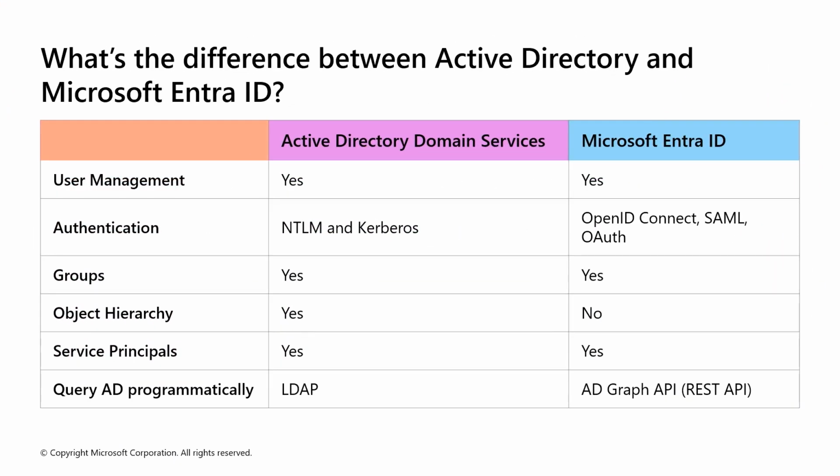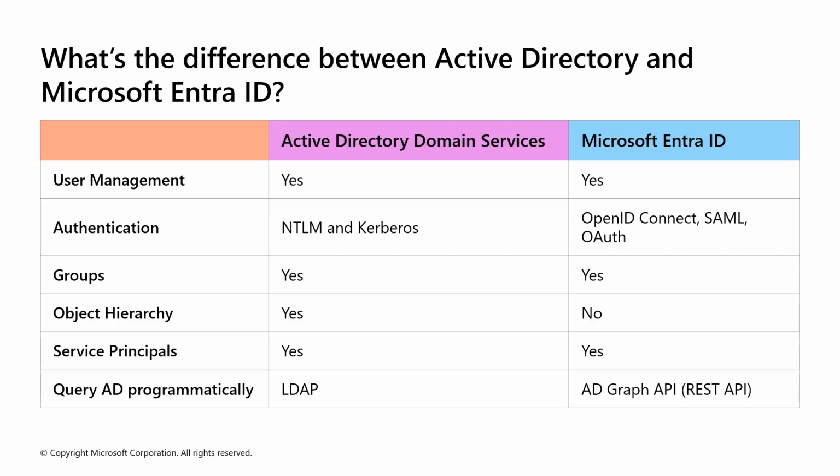A common question often asked is, what is the difference between Microsoft Entra ID and Windows Server Active Directory? This is especially confusing for new admins because Microsoft Entra ID interacts with Active Directory. Both solutions provide authentication services and identity management, but in different ways. Active Directory uses a protocol called Kerberos to provide authentication using tickets, and it is queried by the Lightweight Directory Access Protocol, or LDAP. Microsoft Entra ID uses HTTPS protocols for authentication like SAML and OpenID Connect